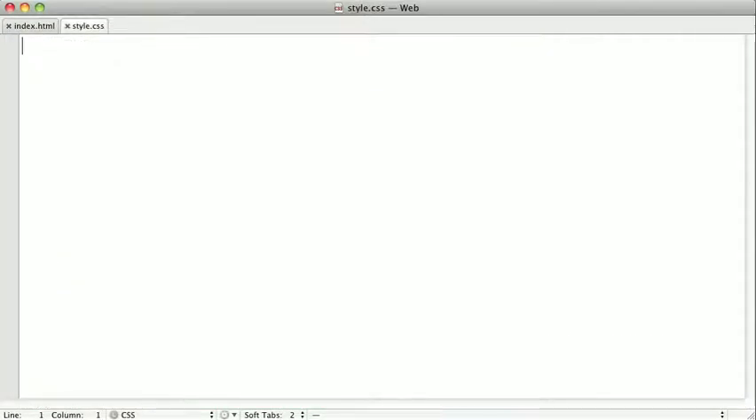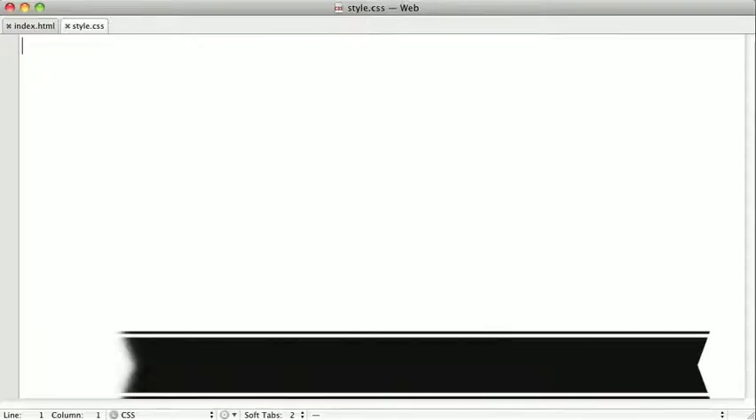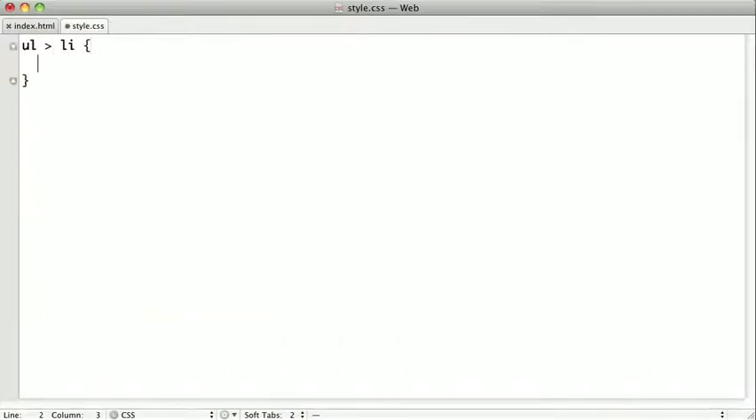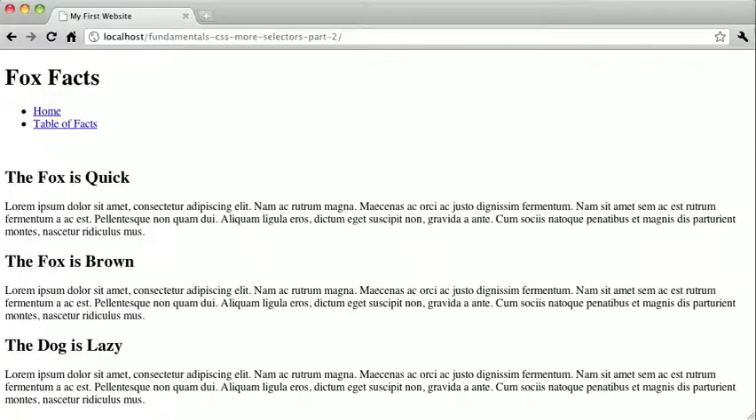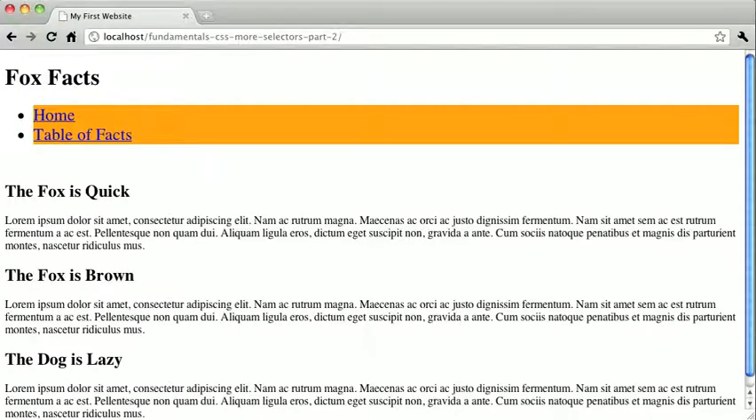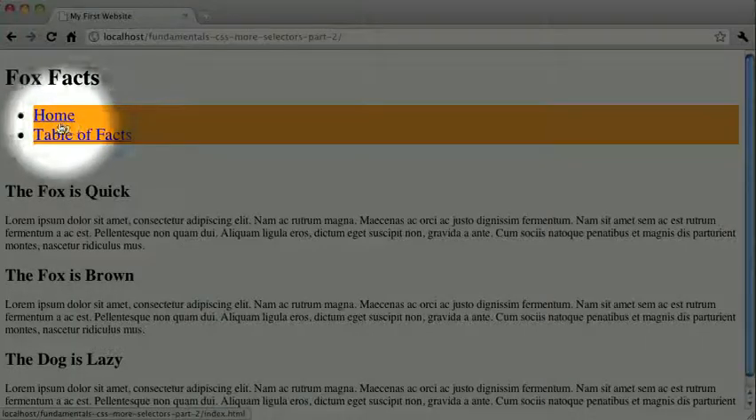The first selector that we're going to check out is called the child selector. Let's go ahead and type it out, and then I'll explain. So we'll just use the child selector here, and we'll give it a font size of 1.5 ems and a background color of orange. So when we switch back to the browser and refresh, you can see that these elements here now have an